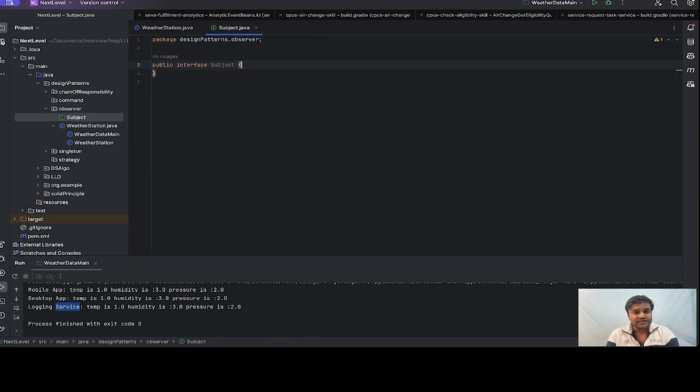Okay, subject is an interface. Each subject will have void register observer, void remove observer, and the third one is void notify observers. In this we have to pass an observer. Before this we have another interface,